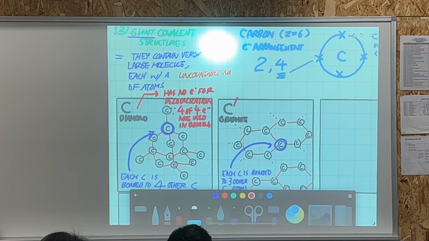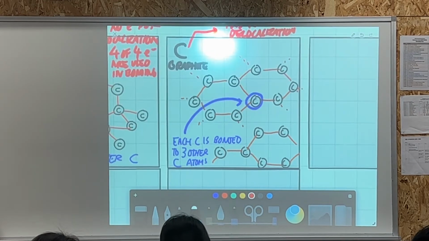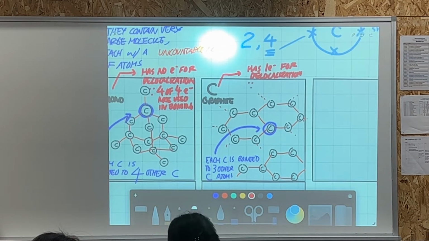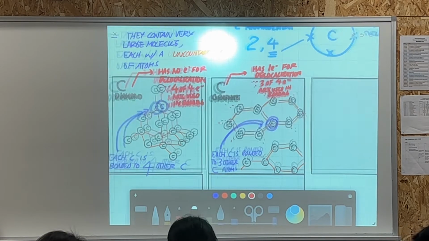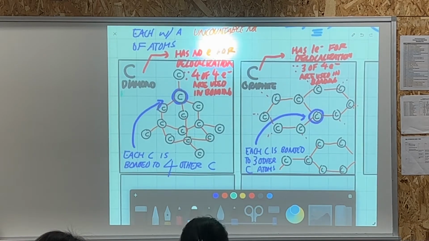But in graphite, it has 1 electron for delocalization from each carbon. Because you see, carbon forming just 3 bonds will have used only 3 of the 4 electrons in bonding, right? Makes sense. So this explains why the properties of diamond and graphite are so different. How different? Diamond is an insulator